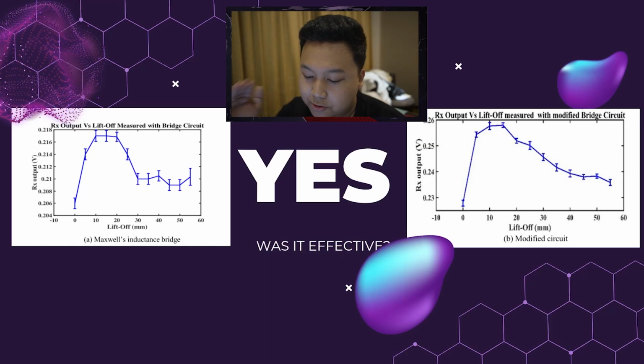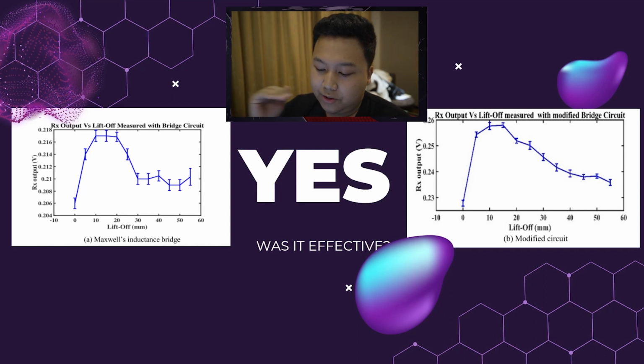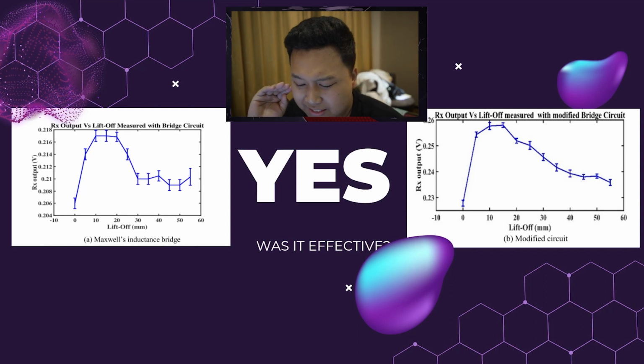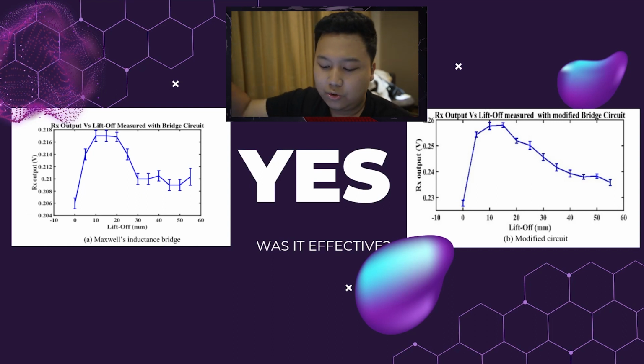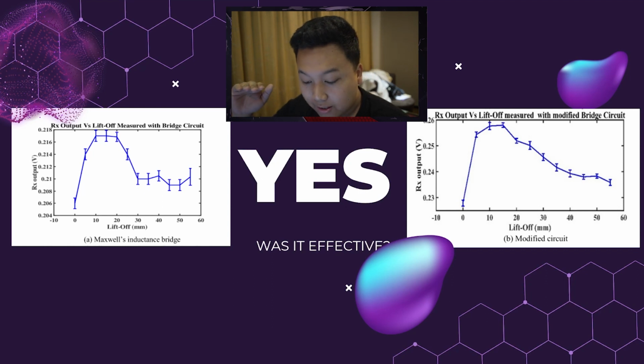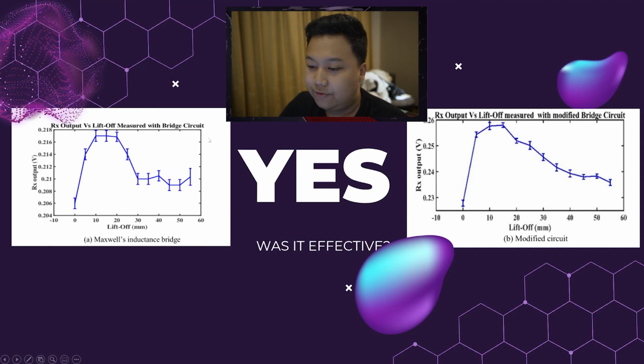So, is it effective? Due to the influence of the crack, the two circuits exhibit different response shapes as the Tx passes over the crack. The modified circuit's response has a peak, whereas the response of the Maxwell bridge forms a negative peak. The Tx coil detects the crack between 10 and 30 mm. For Maxwell's inductance bridge, it changed from 0 millivolts to 27 millivolts for the modified circuit when sensitivity in amplitude change is considered. As you can see here, it's very smooth, not like the